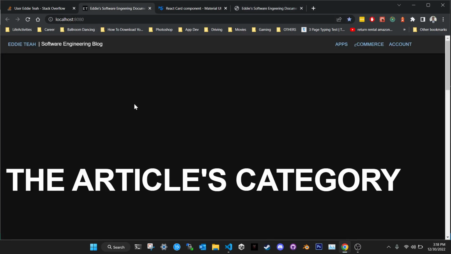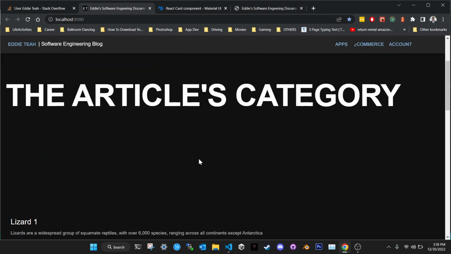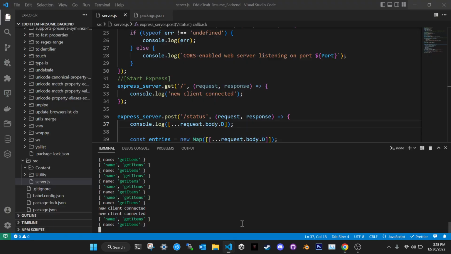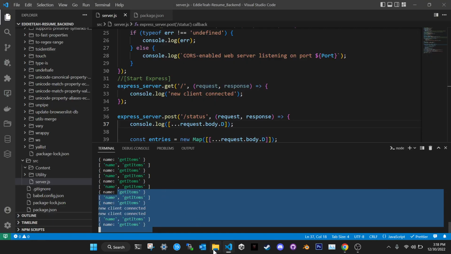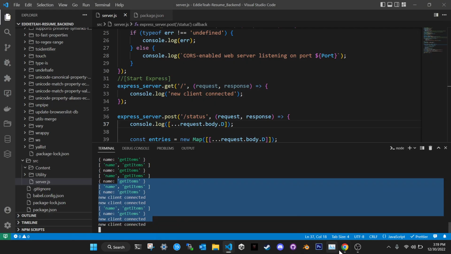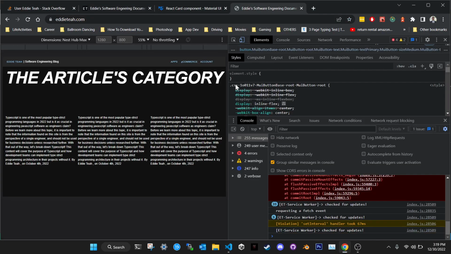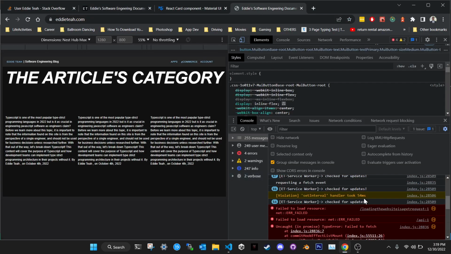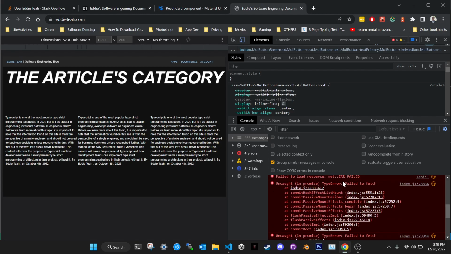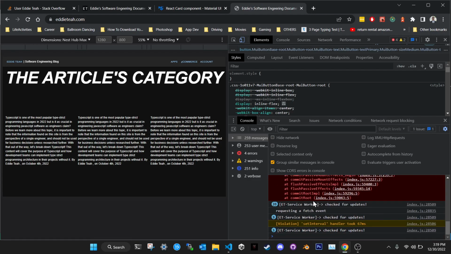I have the local one here, right? This one is connected to this server right here. The other one with my name on it is not connected to any server. That's why it logged out this error, because it tried to connect but didn't receive any callback, so it logged out that error.